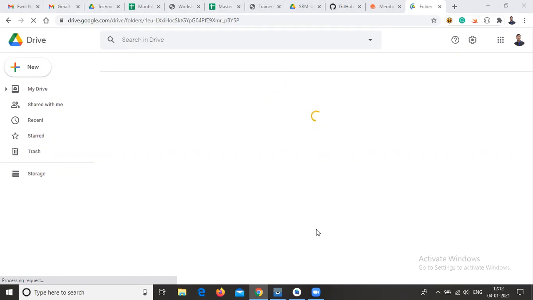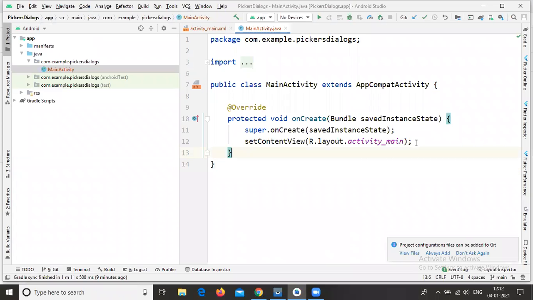It is loading. Meanwhile, all of you create a new project before completing the theory part. Your Android Studio looks like this.